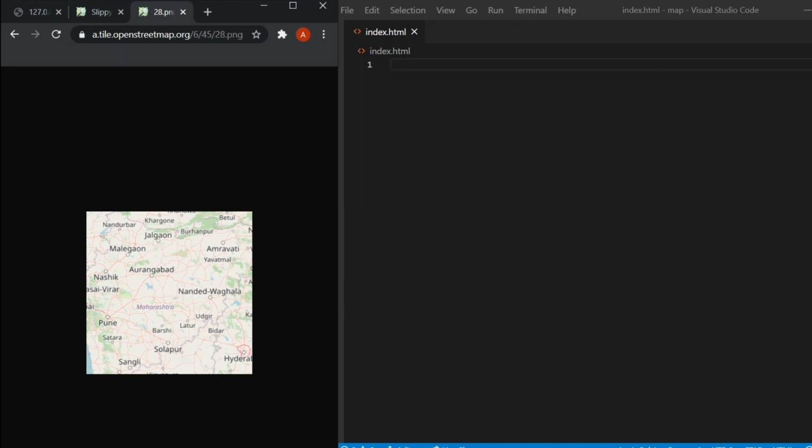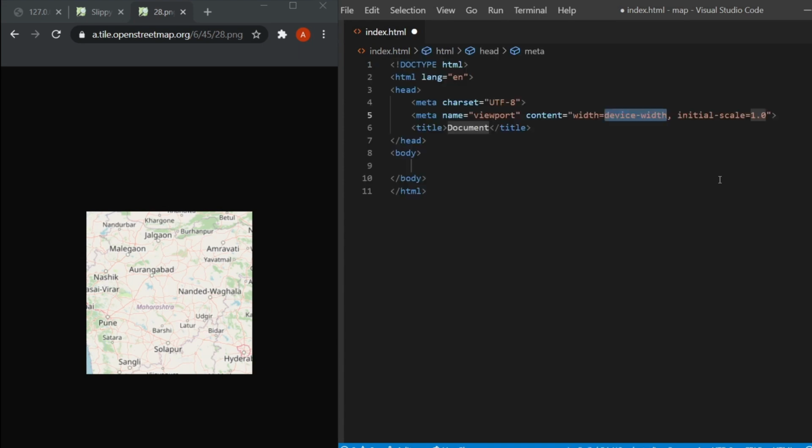I'll be using Visual Studio Code as my IDE for creating the map, and I'll also be using the Live Server extension in VS Code that enables me to refresh the application whenever I change my code. So let's begin by using an Emmet abbreviation to just generate some basic HTML code. And I'll just replace the document with what we require here.